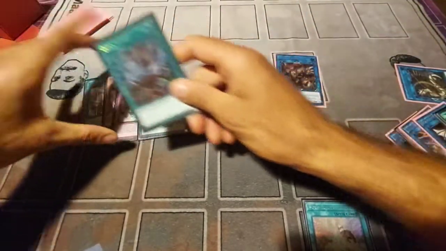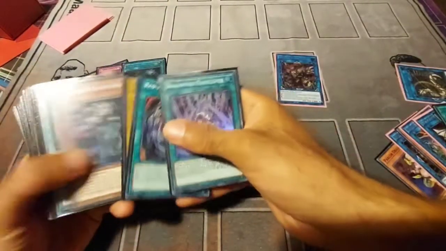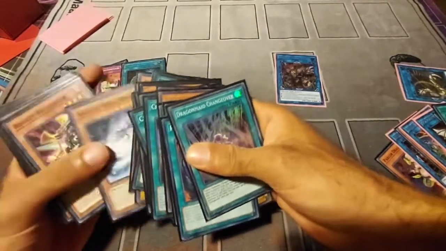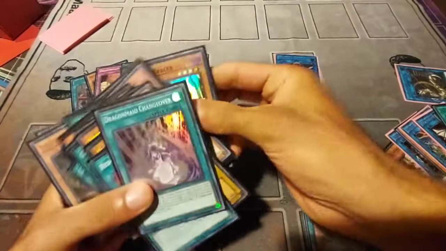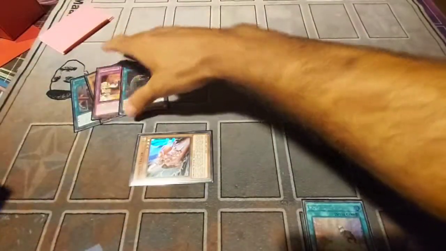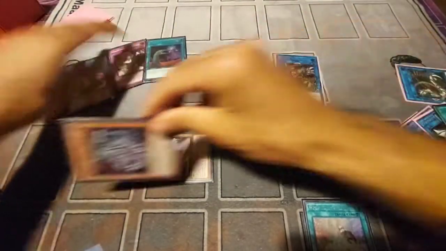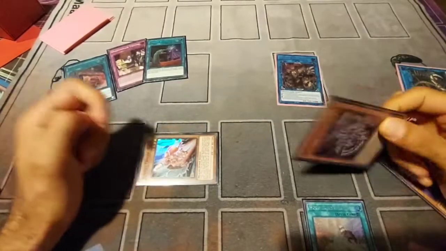activate Quick Launch. Let's just activate Quick Launch, get access to Rocket Tracer. Where are you, Rocket Tracer? There you are. And then we're going to activate Saryuja's effect to summon the Silver Rocket. And then with these 2 cards,